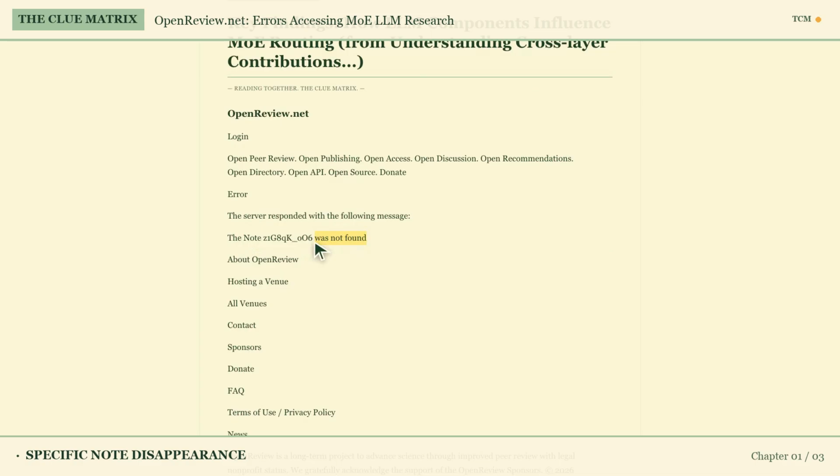Precisely. The server has been asked for this particular note, but it cannot locate it in its records. This indicates the content identified by Z1G8QK006 is missing or inaccessible from the underlying database, not just a broken web path.